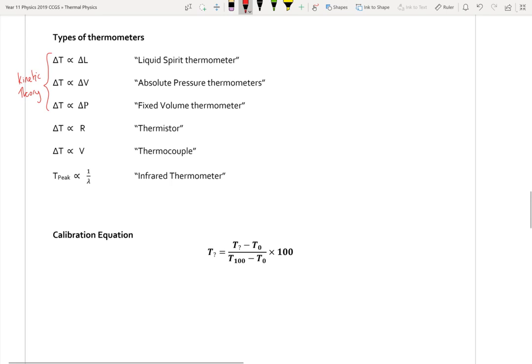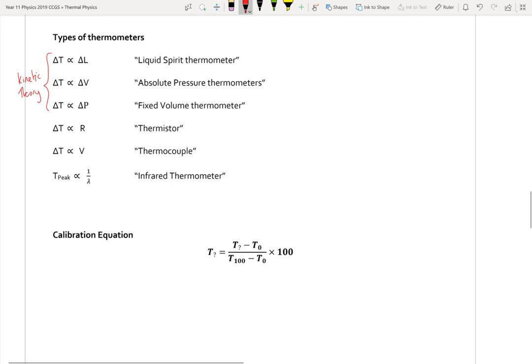The next one is the absolute pressure thermometer. Now, this is similar to what William Thomson, Baron Kelvin, was using, this kind of absolute pressure thermometer. So this is a fixed volume, all right, and it's at a certain temperature, and the particles are pushing on this pressure gauge. And so very quickly, if we were to cool our thermometer down,